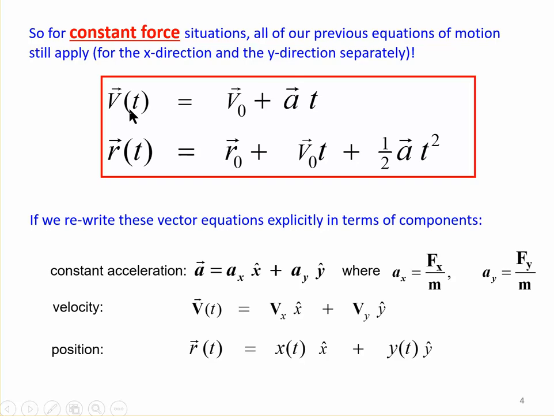Likewise, let's break the velocity vector up into its horizontal component and its vertical component of velocity. And likewise for the position vector, let's break it up into its x component and its y component. So if I take these vector equations and express the vectors in terms of their x and y components and separate them out, looking at the x components and then separately at the y components, these equations become